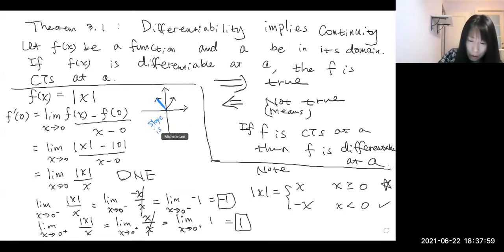It's -1, thank you, right? What's the slope of that side? One. Thank you. Okay, so if we draw this one, f prime of x,